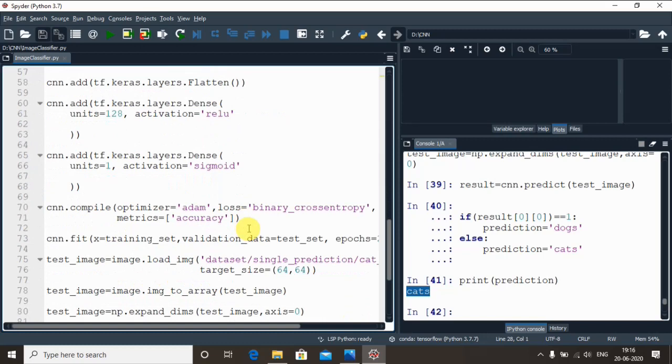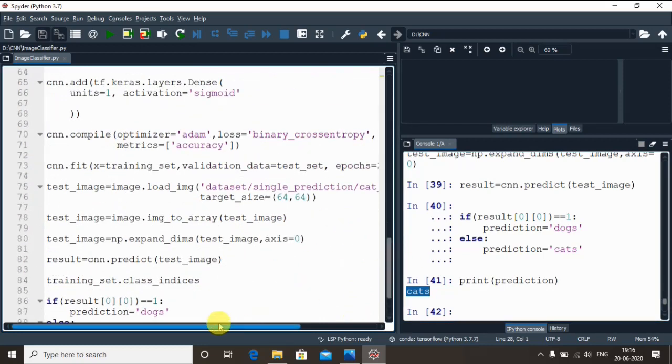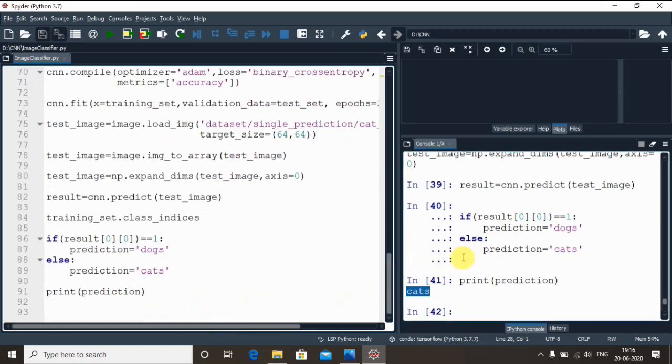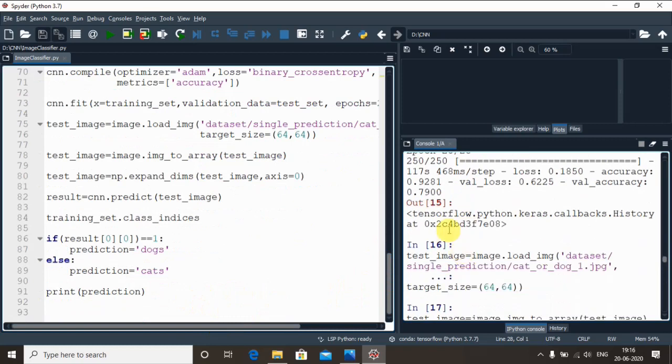Then we also trained our CNN with 25 epochs and evaluated it on the test set. After doing that, we saw the results, and it predicted well, except for one. It gave the rest of the outputs very properly, correct? We had seen in the epochs that the accuracy was around 92% for the training and 79% for the testing set, right? So definitely for a few images it was not able to classify clearly, so you can consider this a problem statement, to increase the level of accuracy and identify the patterns properly in a given image.